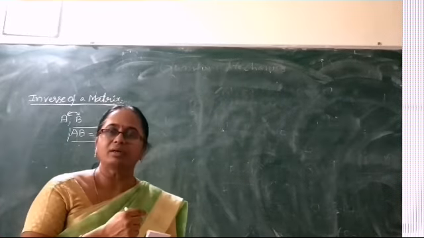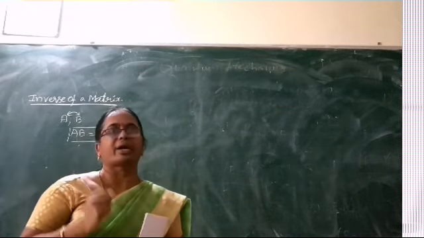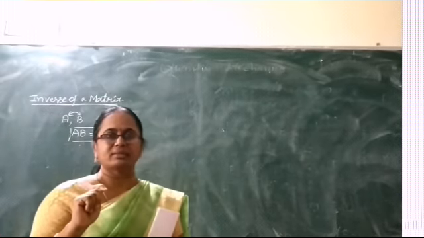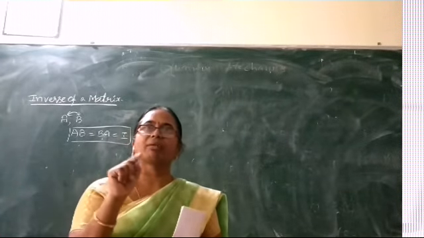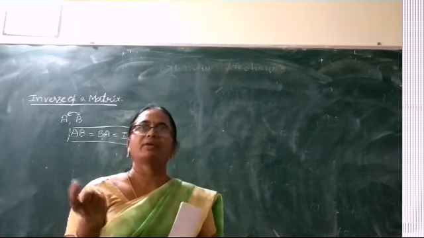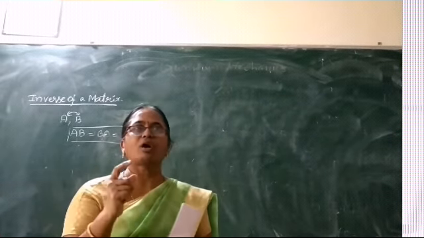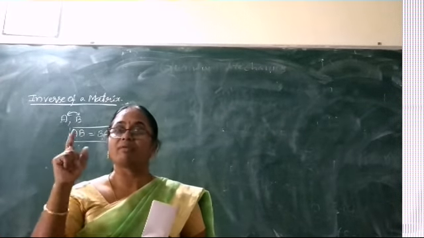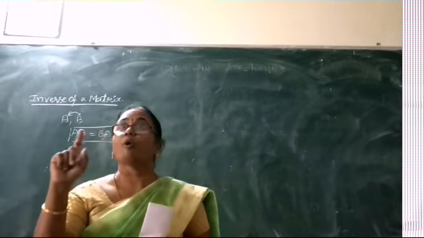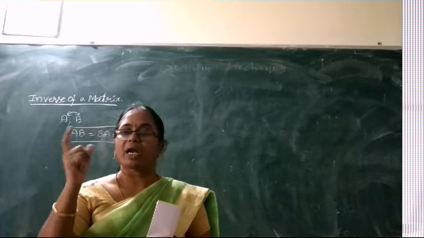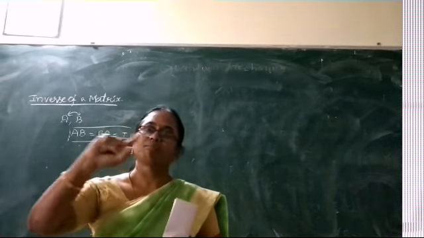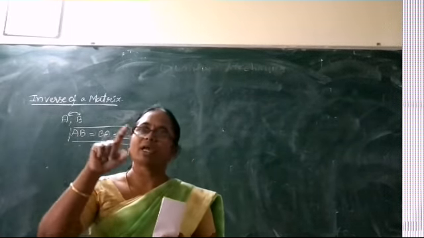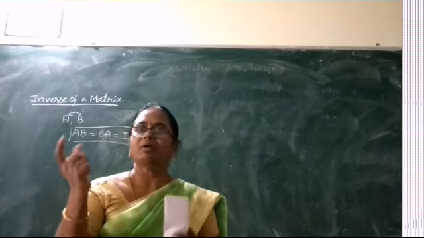Before we learn the method, let me tell you what are called elementary transformations, right? We have in general two types of elementary transformations. If they are applied on the rows, they can be called elementary row transformations. If we apply them on the columns, they are called elementary column transformations. Elementary transformations can be given the other name also, elementary operations. Elementary transformations and elementary operations both are the same. If applied on rows, we call them by the name row. If they are applied on the columns, we call them by the name column.